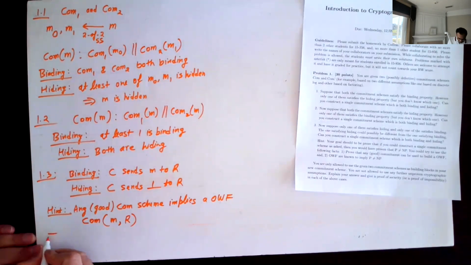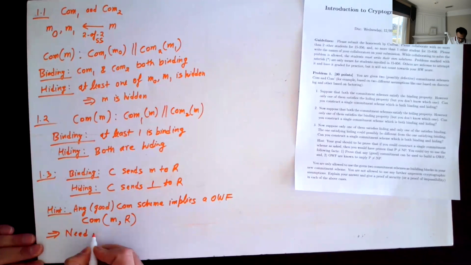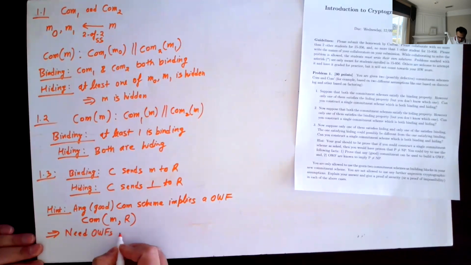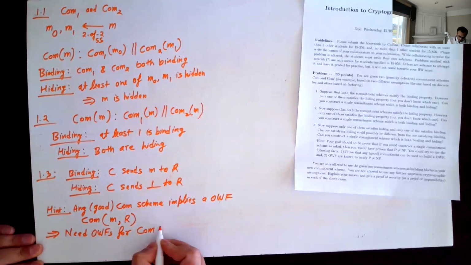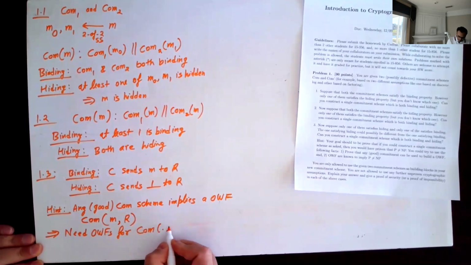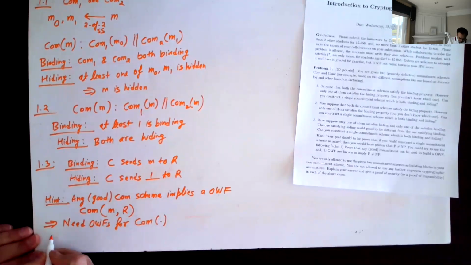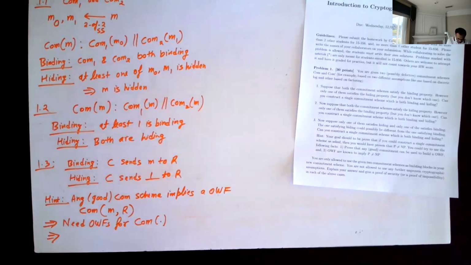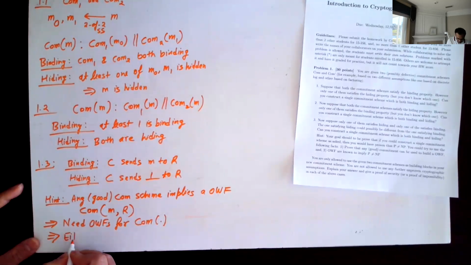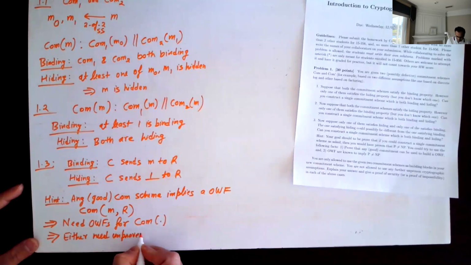So this means that you need one-way functions for building COM. This means that you either need unproven